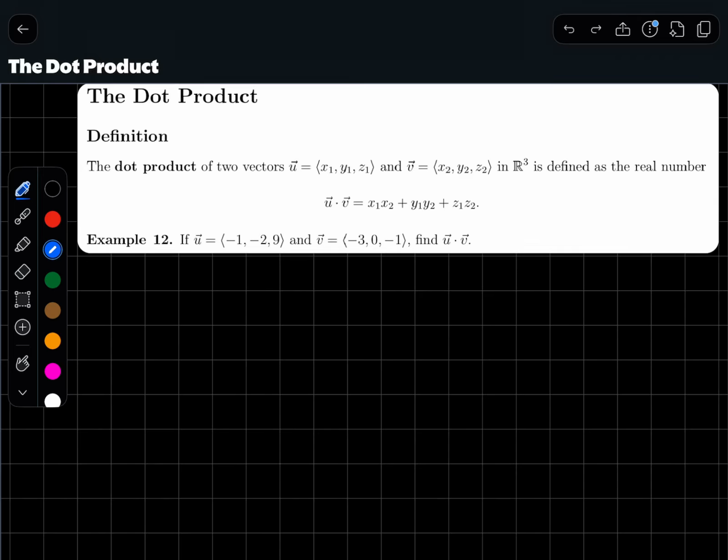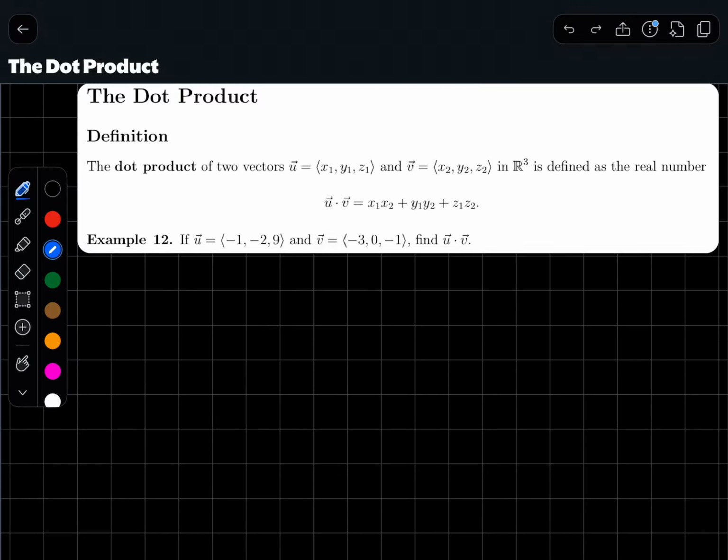All right, let's talk a little bit about the dot product. This is not going to be a comprehensive video on the dot product. This is just an introduction with the most basic and important properties. And if you need more, you can find other videos about that, but this should be enough to get you started to understand more or less what it means and how to compute the dot product